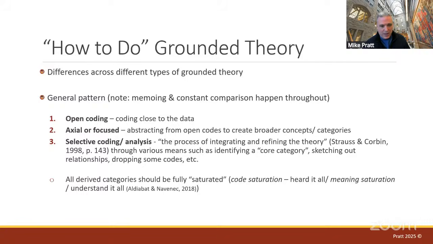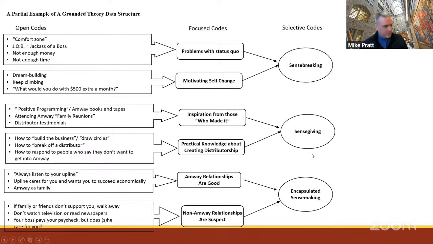One is code saturation, which is, have you heard it all? That essentially is, I'm not learning anything new as I interview people. So it's almost partially from the data collection end. But the other one is meaning saturation: do I understand it all? That is, do I have enough data to really understand the categories that I'm building? Sharma's is really talking about meaning saturation. Other people talk about it in terms of code saturation, but they're both legitimate forms of theoretical saturation.